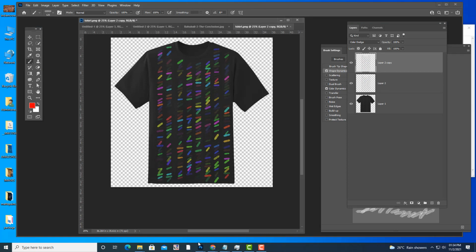You can try your own brush settings. You don't have to use the same brush settings that I used. You can use your own brush settings and your own options here, and try to create something like this. You can use a different t-shirt, or you can use a different shirt also. No need to use a t-shirt. If you want to try, you can also try on a bush shirt or something like that. But you have to use the word crazy creator only. Okay, right.